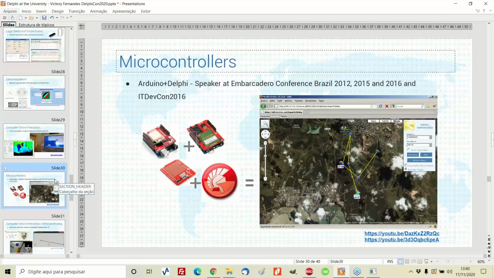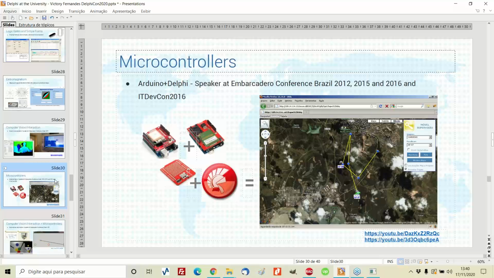In 2012, I actually had almost to fight in Embarcadero Brazil to demonstrate Delphi integrated with Arduino. At that time, all the events were focusing mostly on solutions inside the computer, and I wanted to use Delphi or C++ Builder to go outside the computer. It was the first year that Embarcadero actually had some version able to compile to iOS, and I demonstrated how from my iPhone I could light up a lamp. And I did this live in the Embarcadero Conference Brazil event. Most probably for the first time in the world somebody did it.